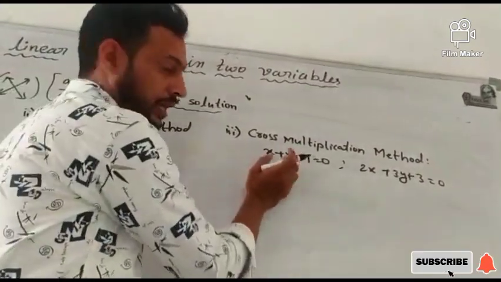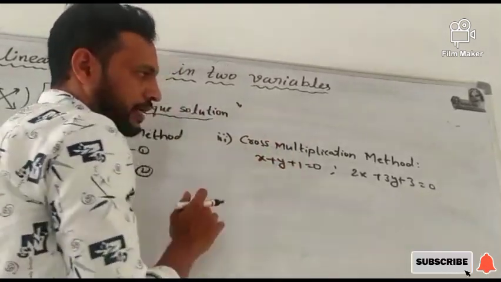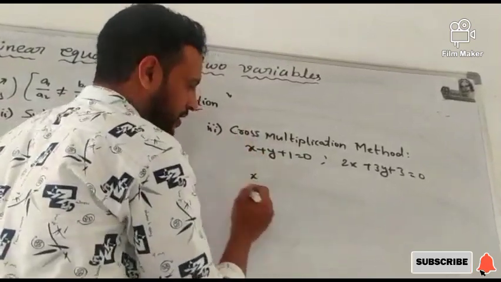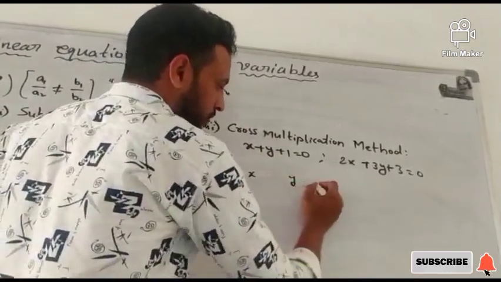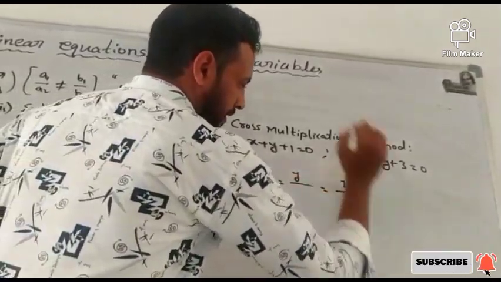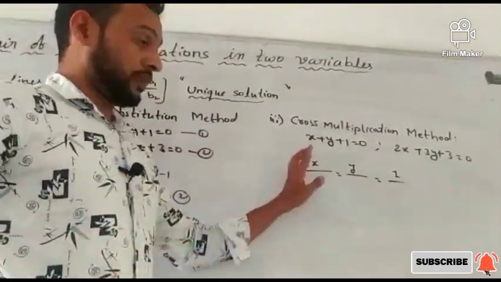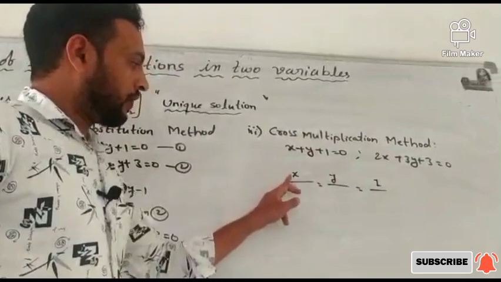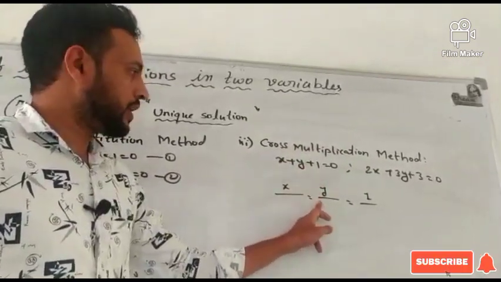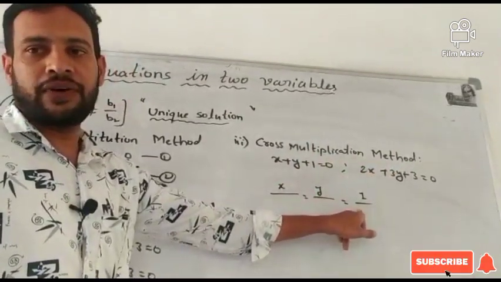So here x and y are the variables. Note this point. While doing the cross multiplication method, you have to think about the variables. So here variable x is one variable and y is another variable. So you have to write 1 here. Like this you have to keep. Now, very important topic, this one. You have to see both the equations. I have written x here because x variable is there, and y variable also there, and some constant. Whatever is constant, you have to ignore and you have to write just 1 here.